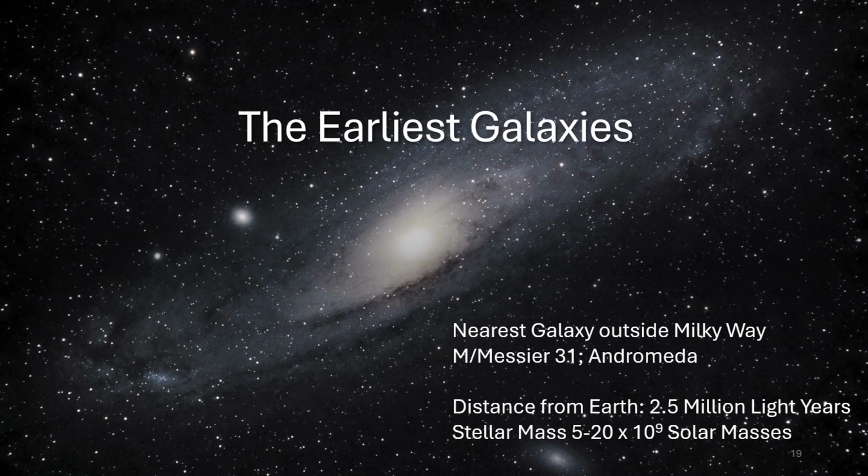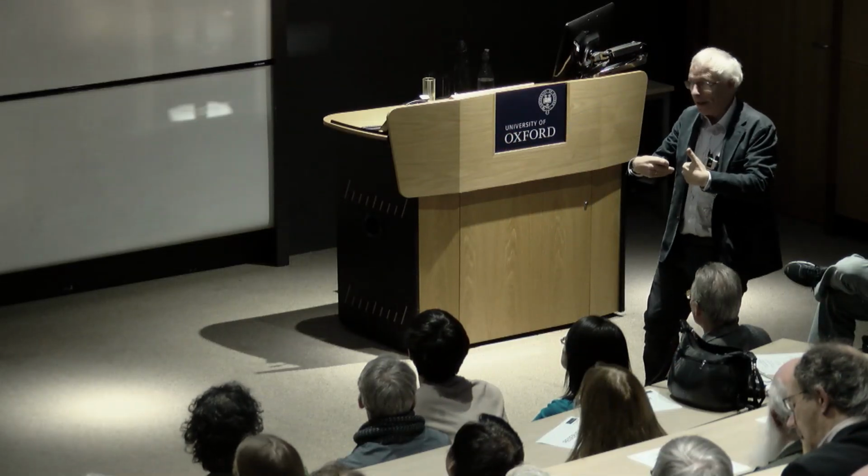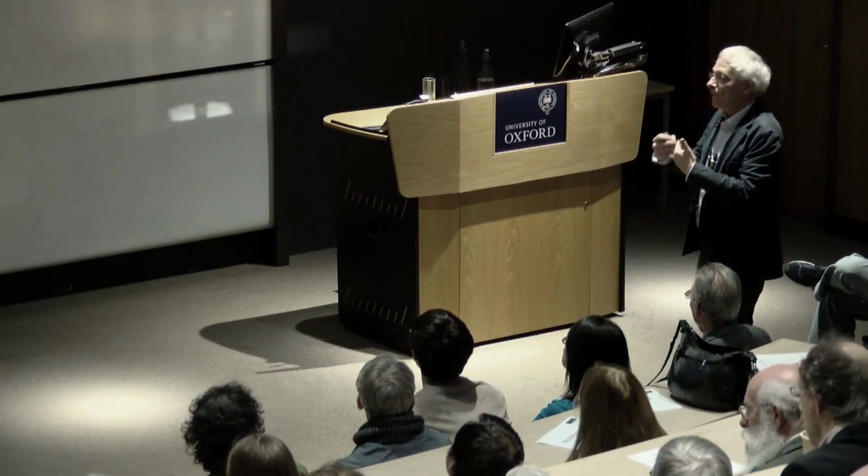Okay, so I'm starting out with M31, which, you could also call them what are called the Magellanic Clouds. They're galaxies as well. But this is the only galaxy we can see from the northern hemisphere, spotted by Messier many, many years ago, just as a nebula. And I think it's also interesting that it's almost 100 years since what's called the Great Debate in the 1920s about whether these nebulae were in the Milky Way or outside.